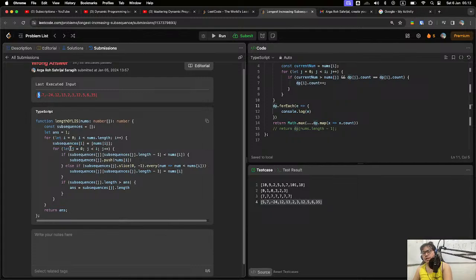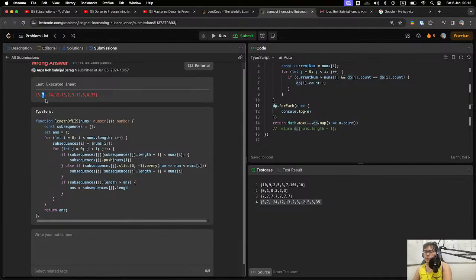Store it as the sequence index. Then for j equals 0, j less than i is still 0. So actually this loop is not run for the first i. Now we move to the second, i plus plus. i now is 1. The first index in our initial array is 7.